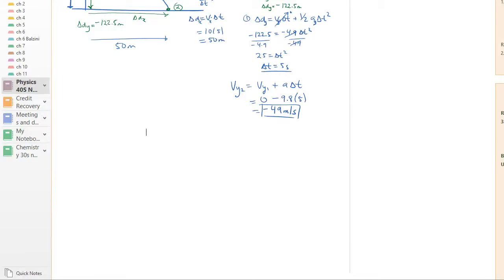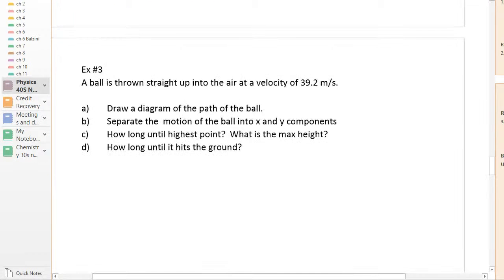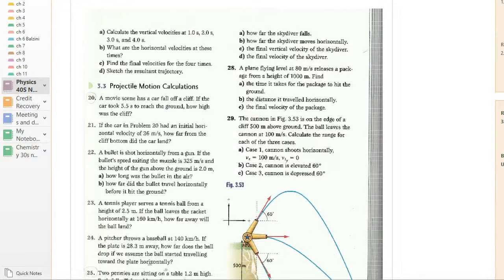Alright, I'm going to take a little bit of a break here. Instead of going to example 3, I'm going to switch. Hopefully you have this handout from class, and I'm going to take a look at the first two, question 20